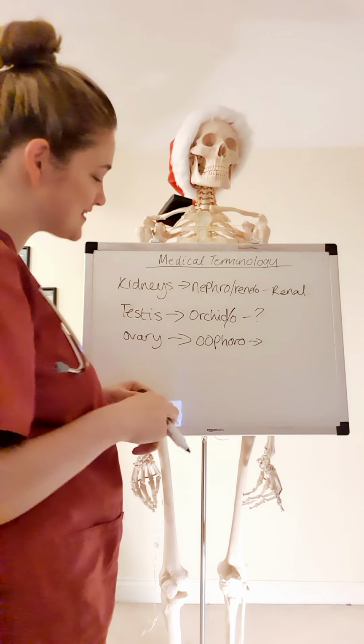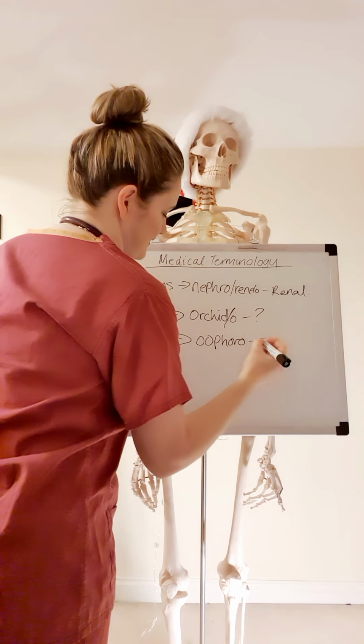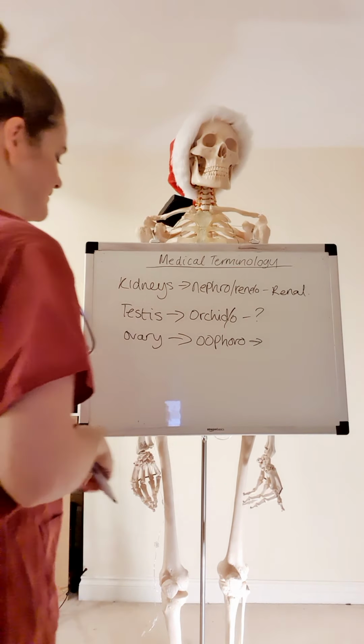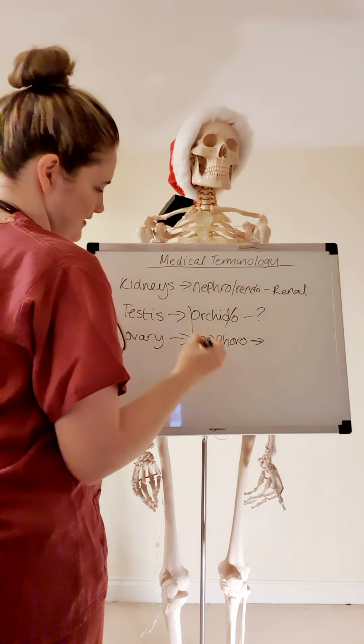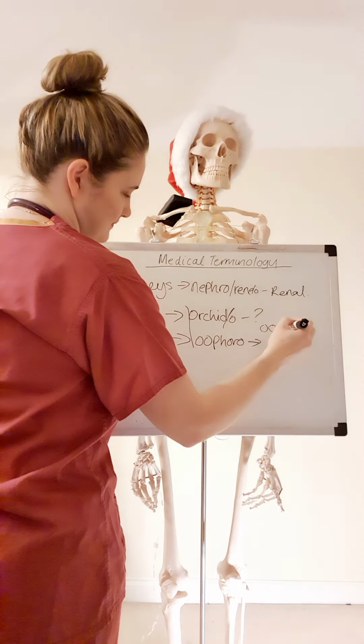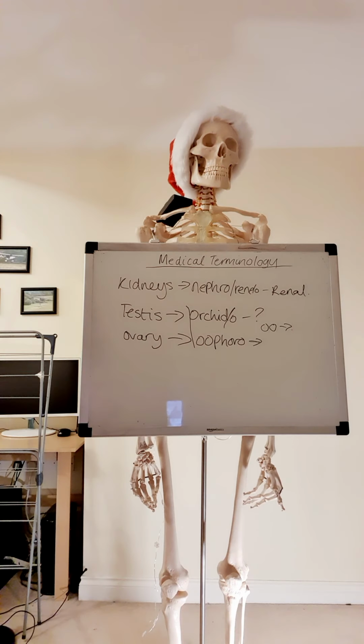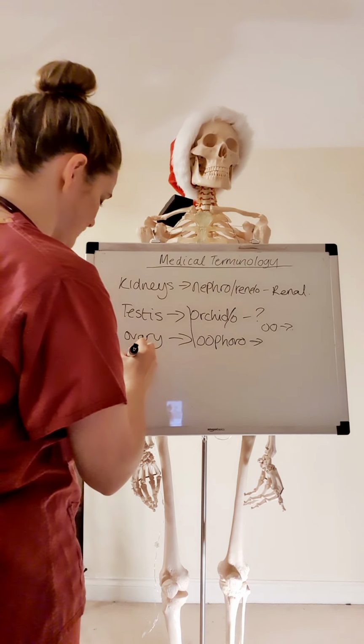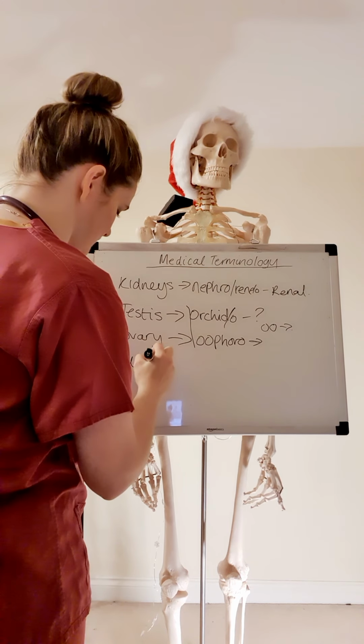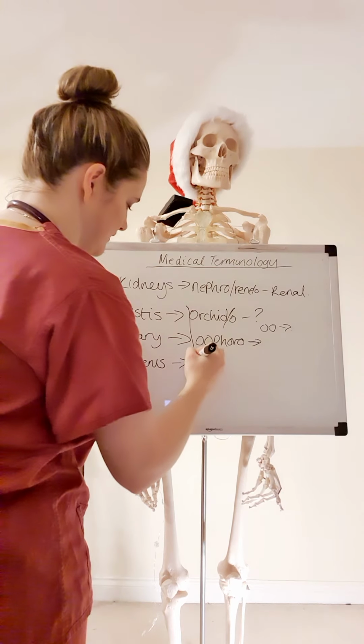Ufuro? Do we think it's that? But again, I need to come up with that. So these two O's will be the testes and the ovaries. And then ones that you might recognise for the uterus is